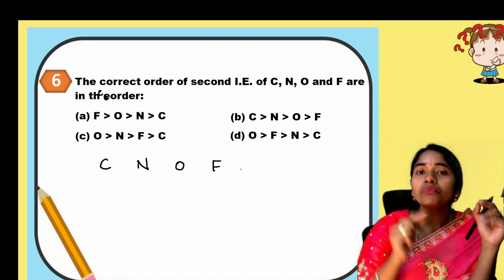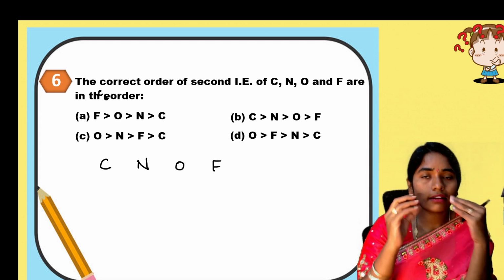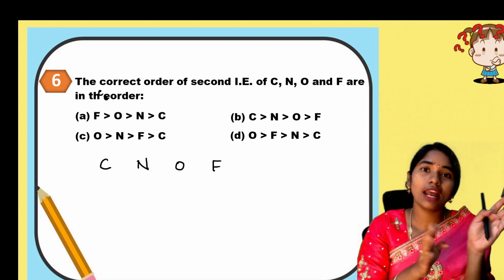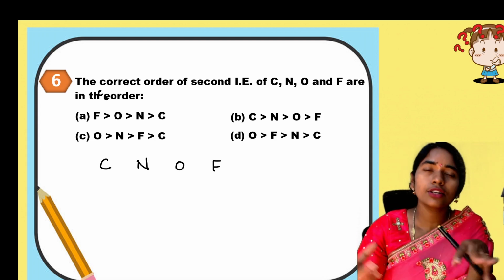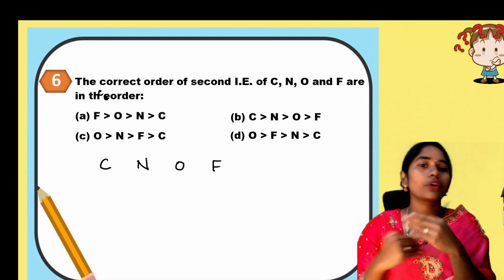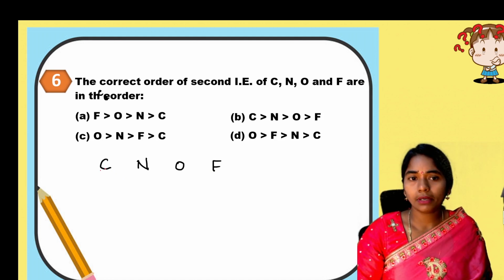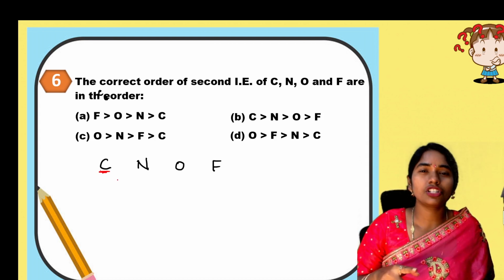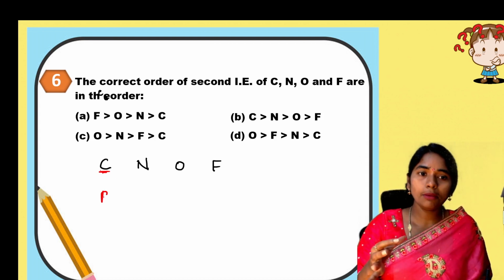Before, I told you to write the electronic configuration, and compare it with the similar configuration of another element. But now I am using another trick. Without doing that, how can you do it? If you remove one electron from carbon, which element's electronic configuration do you get? Before carbon: hydrogen, helium, lithium, beryllium, boron, carbon. So I get boron.